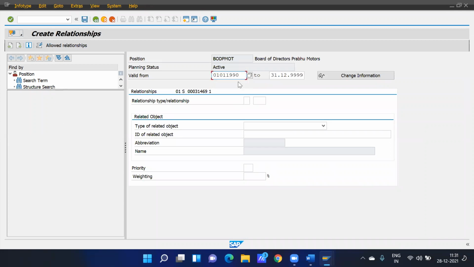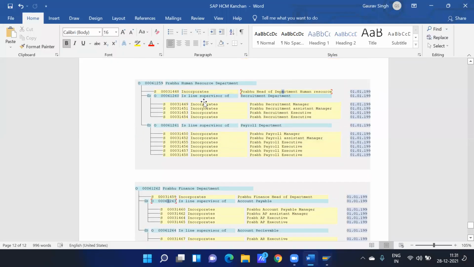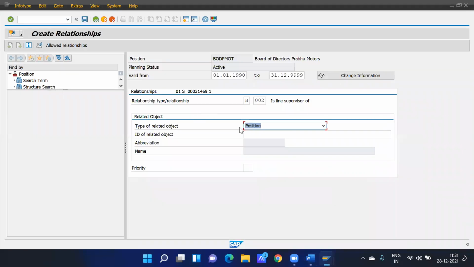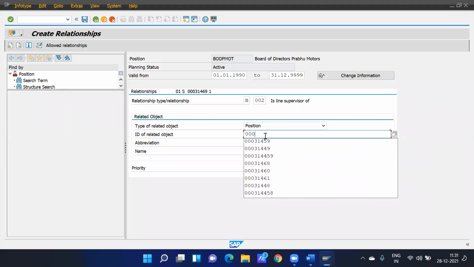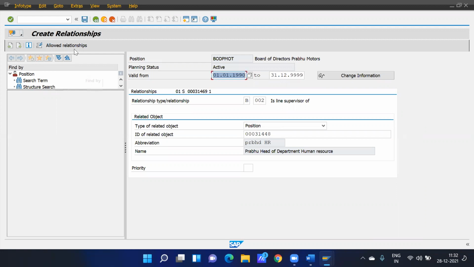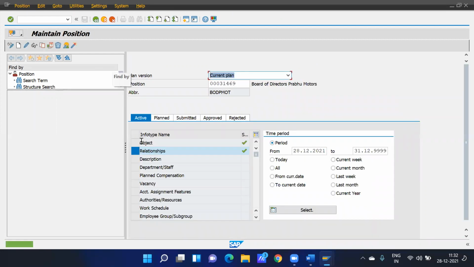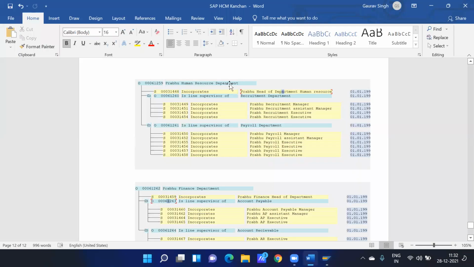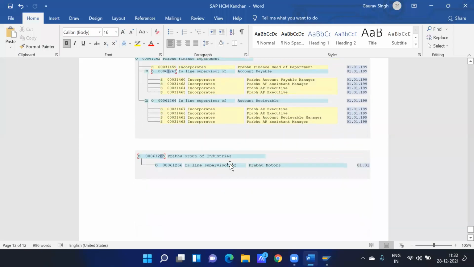010119 and 0, and here that is B. 002, enter, click here, and I have to see 448. Enter, and click on save tab. Now what we have to do, we have to assign human resource department and finance department to